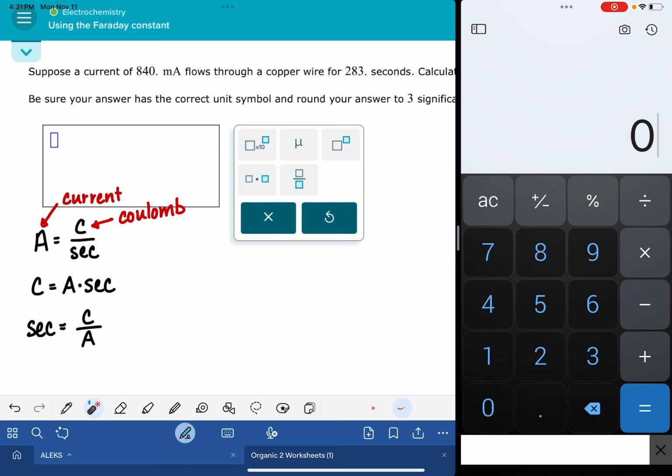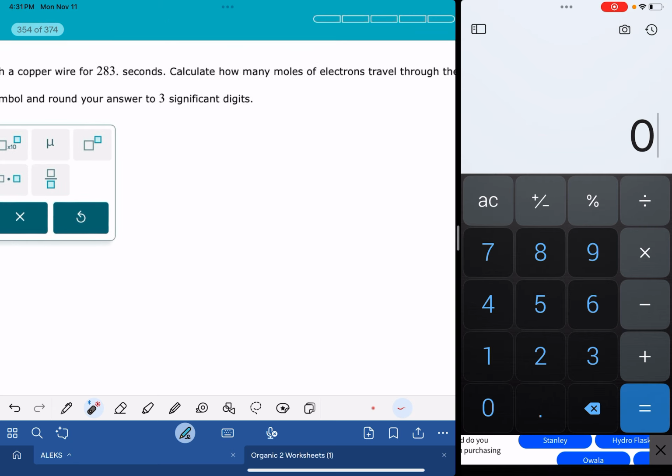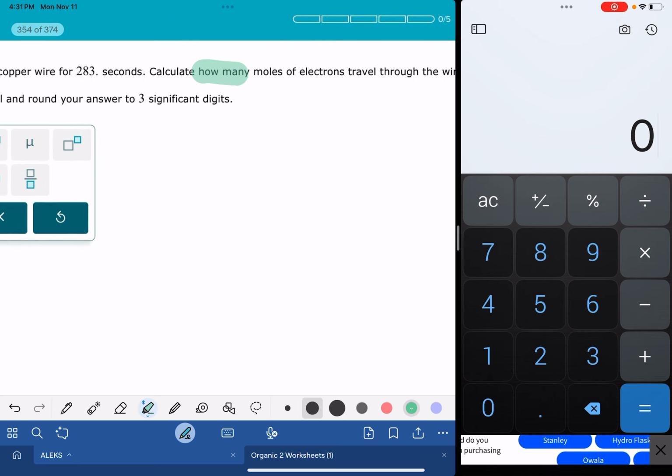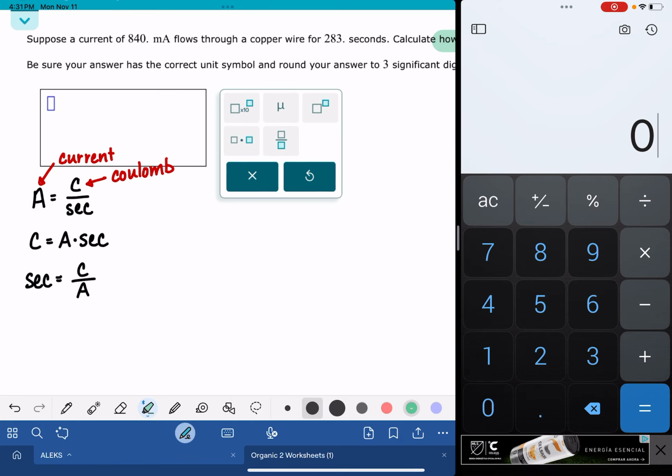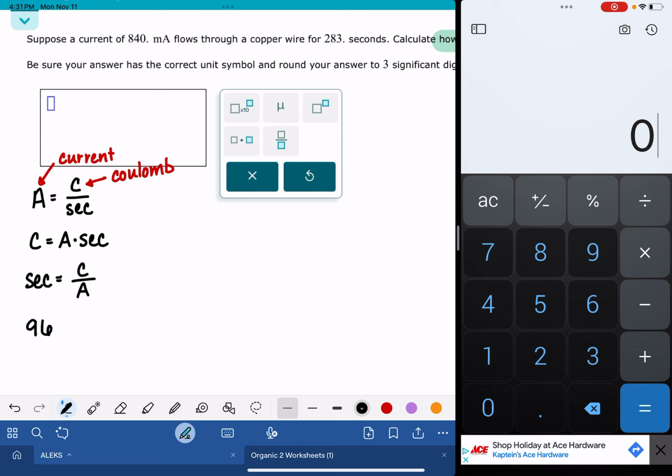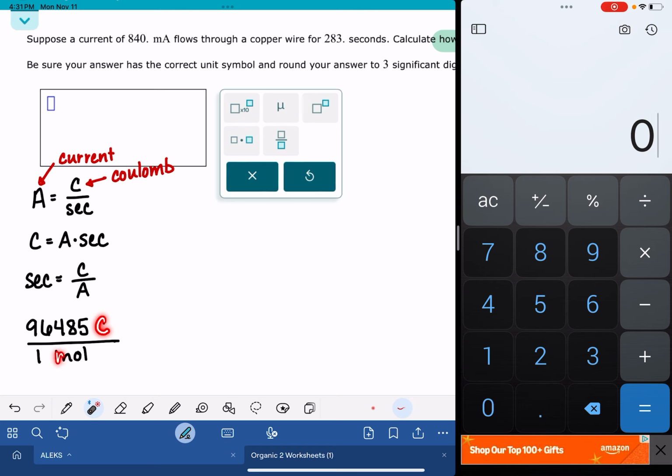Looking at this problem, I can see that ALEKS is asking me to solve for how many moles of electrons. That seems like kind of a bummer at first because we have three equations and none of them involve moles at all. We have an equation for amps, one for coulombs, one for seconds, but we don't have an equation for moles. That's where Faraday's constant comes in. Faraday's constant is 96,485 coulombs per mole,